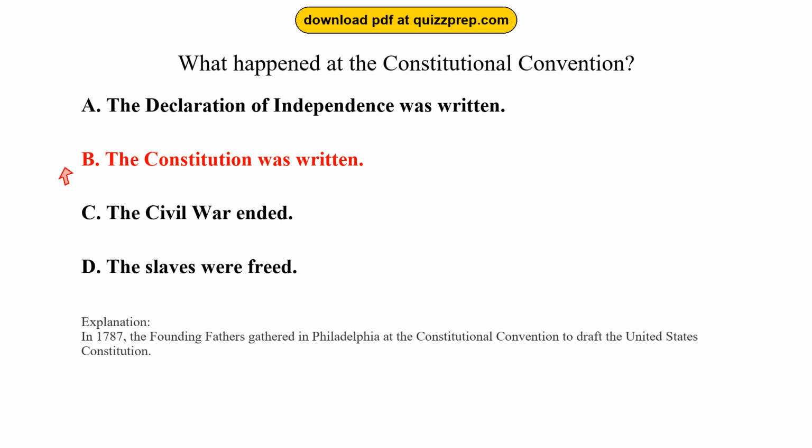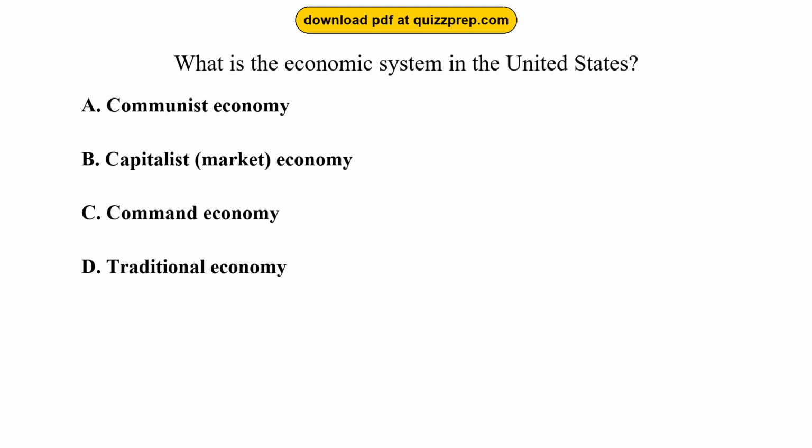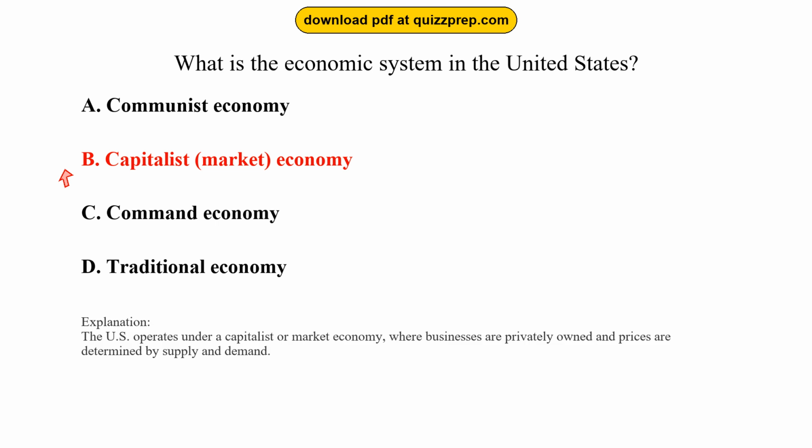States Constitution. Question 55. What is the economic system in the United States? Option A, communist economy. Option B, capitalist, market, economy. Option C, command economy. Option D, traditional economy. The correct answer is option B, capitalist, market, economy. The U.S. operates under a capitalist or market economy, where businesses are privately owned and prices are determined by supply